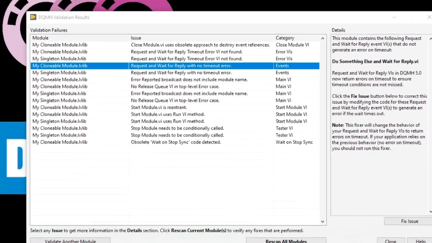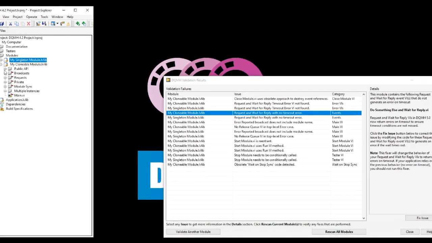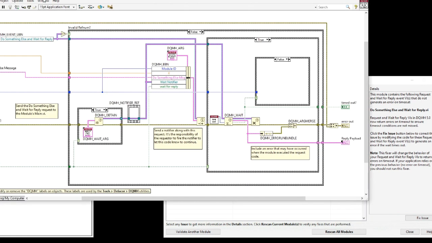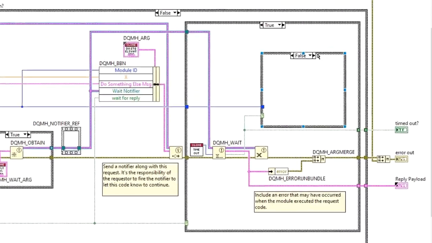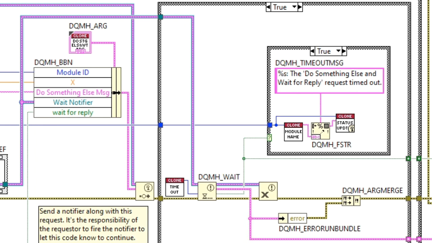So what we're going to do is go to the project and open the request for do something else and wait for reply. On 4.2 and earlier, we were just following the same idea of the notifier that just returns a Boolean that says whether it timed out, but it was not translated into an error. So one of the feature requests from you was to make sure that we would return an error when there was a timeout. Right. So now as soon as I click the fix issue button,